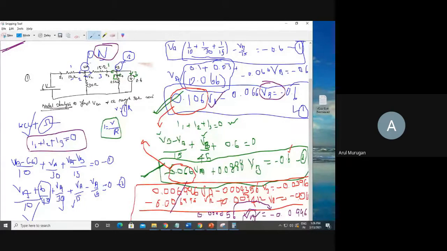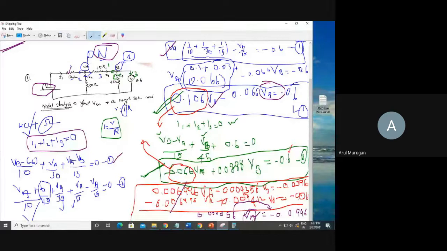Then in the I1 direction, there is a voltage present. If the voltage is present, you can see the minus sign there, then VA minus open bracket minus 6 divided by the ohm value, VA divided by this one, VA minus VB divided by 15. Write it separately for A, then separately for B, like the first equation. Similarly, you can go for the second equation.